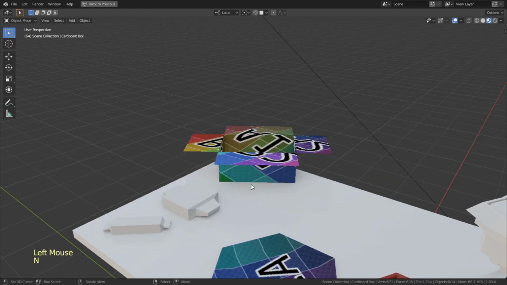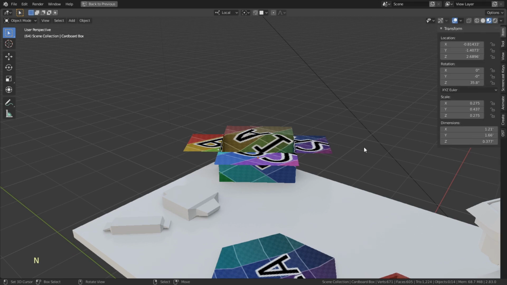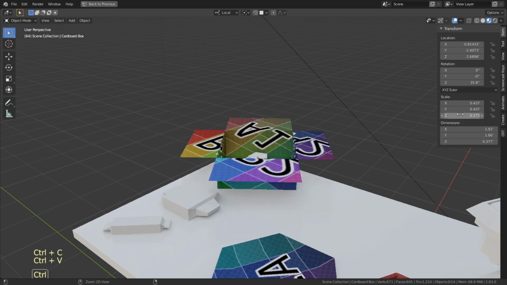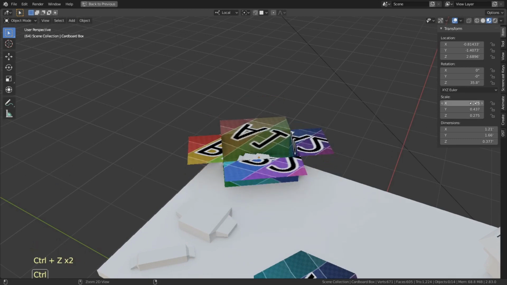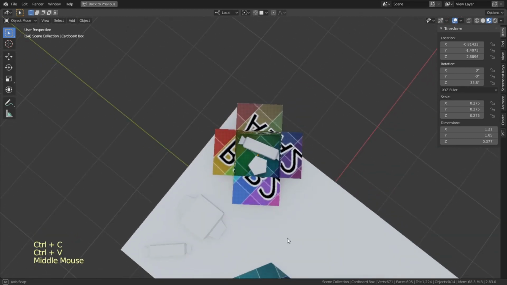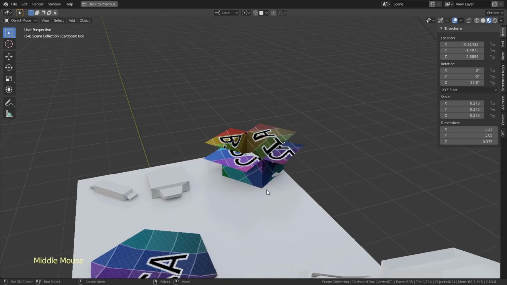We can check the scale of our object by checking out the sidebar in the Item tab, and looking at the scale of our cardboard box. Yep, that's definitely not uniform. However, our box is the precise size that I want it to be. If I set the scale to be uniform by making these numbers match, it's going to disrupt how I want my box to look. So what we need to do to go about fixing this is to make sure that